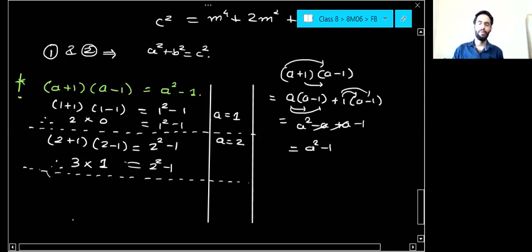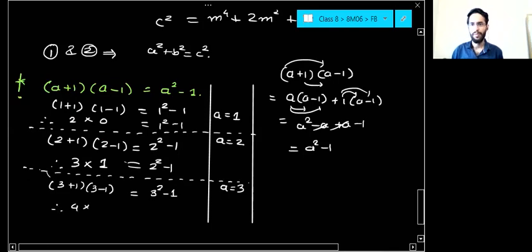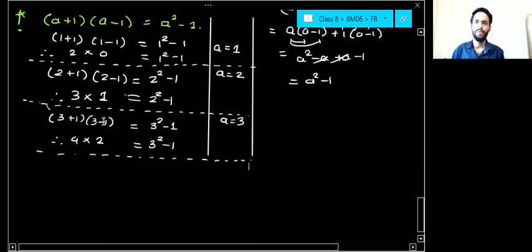See, we are going to write this pattern in the form of words. So first try to understand. If I take a equal to 3, 3 plus 1 into 3 minus 1 is equal to 3 square minus 1. 3 plus 1 is 4, 3 minus 1 is 2, 3 square, 9 minus 1 will give you 8, and 4 into 2 is also 8. If you check here, 0 into 2 is the product of two consecutive even numbers, and 2 into 4 too. Yes or no? This is the product of two consecutive odd numbers.